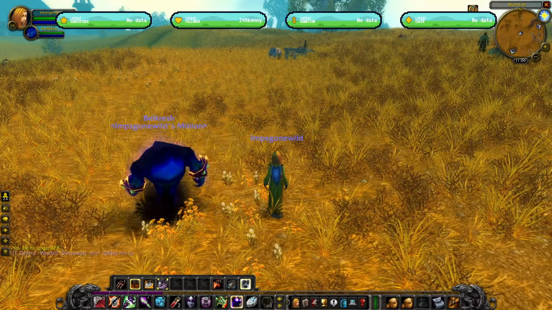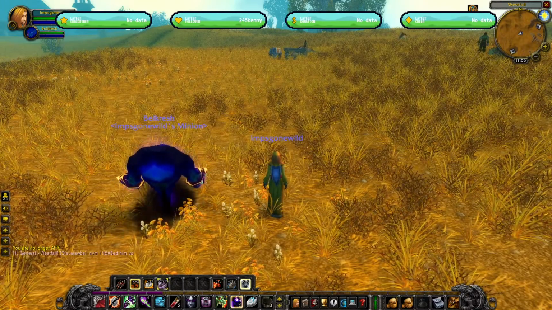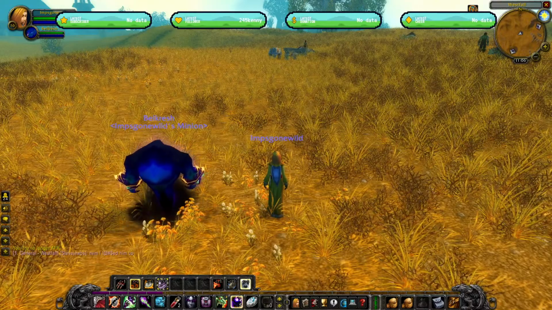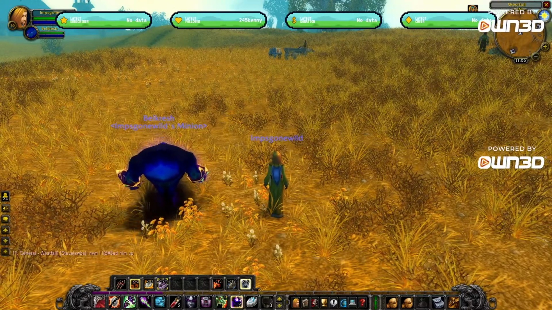So I'm going to go back to the top left corner, hit back to overview, and we're going to go to the stream essentials where it says alerts. So here you can see that I have a couple alert boxes, but we're going to actually add a new one. So I'm going to click on